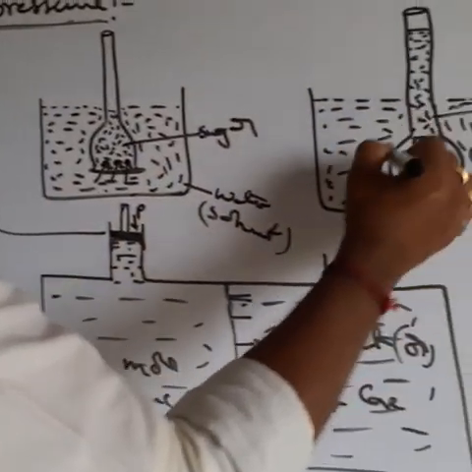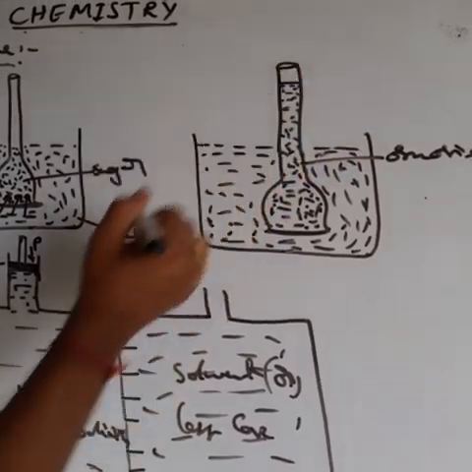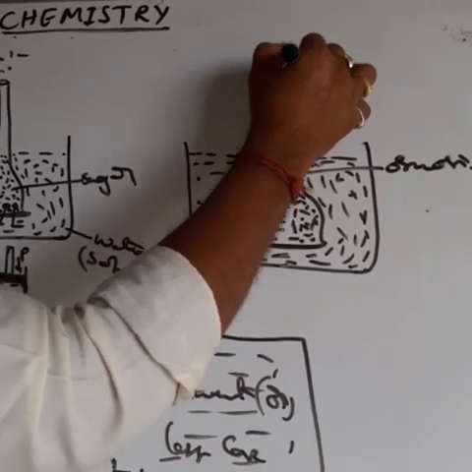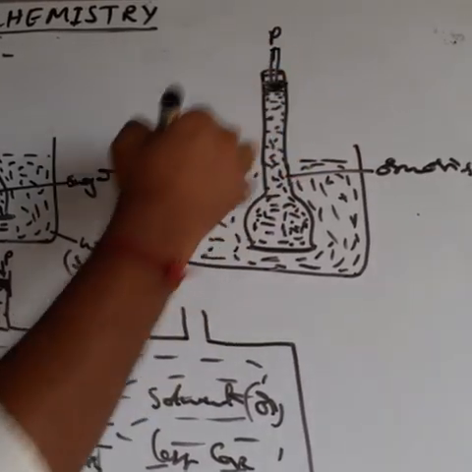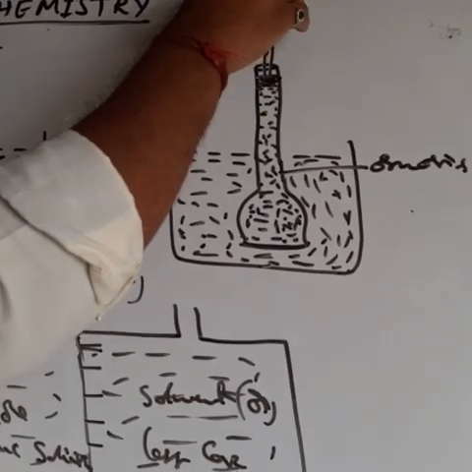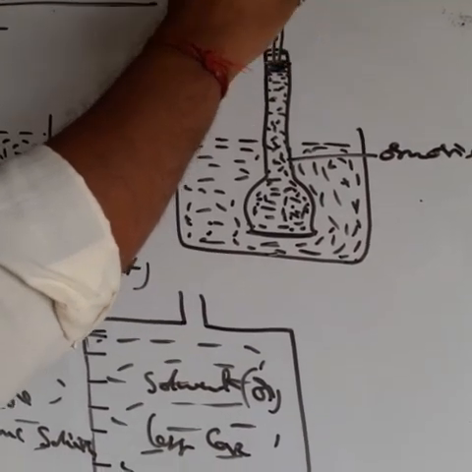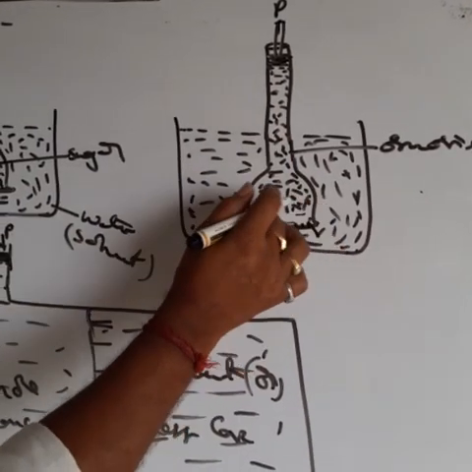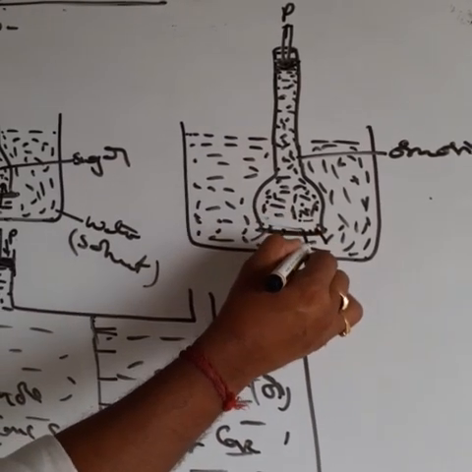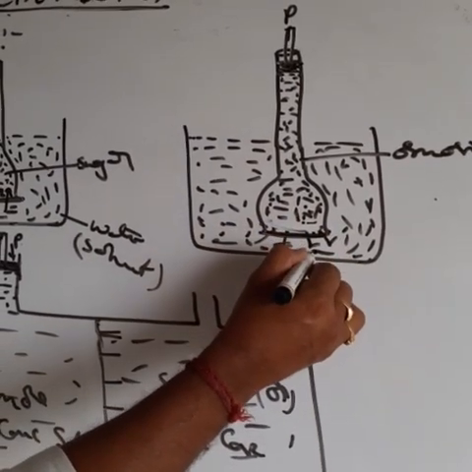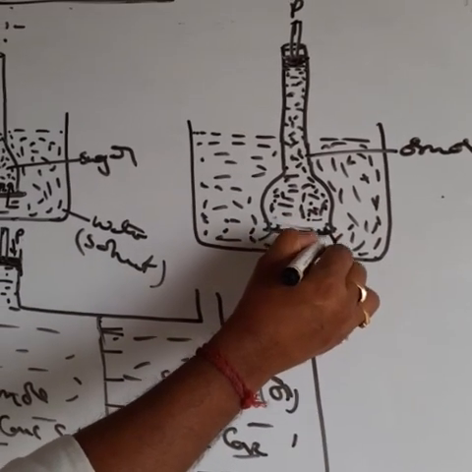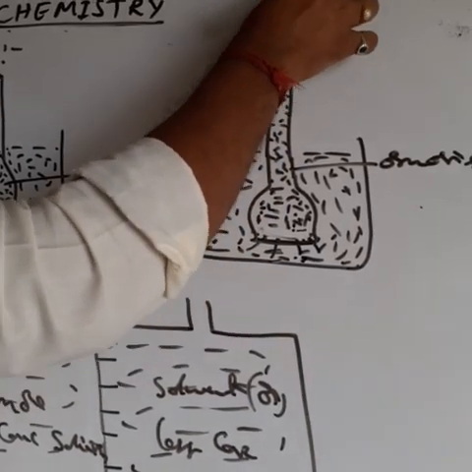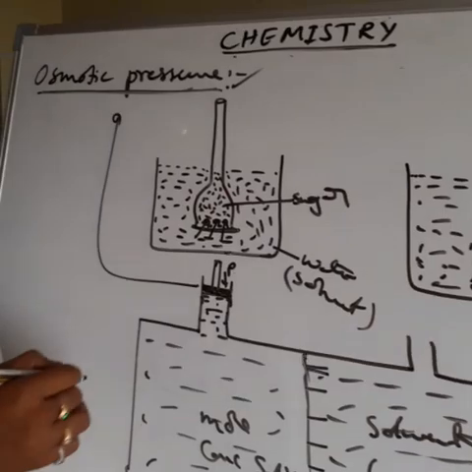Like that here also, due to the osmosis process, the sugar level increases. If you apply more pressure on the solution side, this is the solution side, more pressure than the osmosis, it stops the flow of solvent particles entering the solution from the solvent. So whenever the solvent particles do not enter from solvent to solution, its level does not increase. So for that purpose we are applying some pressure. That pressure is called osmotic pressure.